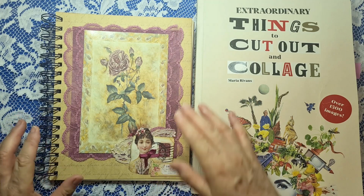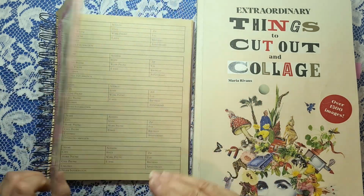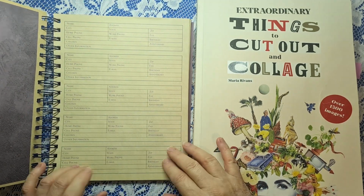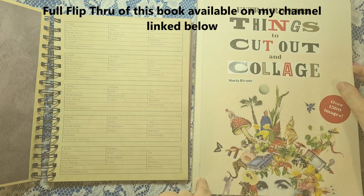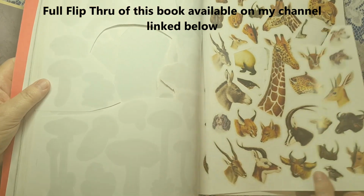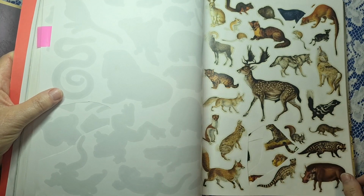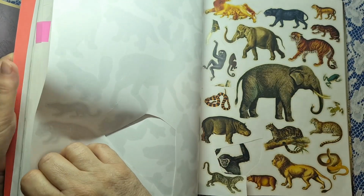This is the book that I made the other day and I'm working in. Well, I didn't make the book, but I changed it into a book that we can use to collage in. So I did the cover, there's a video for that, and just made it so that we can collage on this. And I think I'm going to be getting animals from the zoo from the extraordinary things to cut out in collage. There's quite a lot of zoo animals in here, and I was struggling to find drawn pictures. I prefer drawn to photographic, so when you do animals it's a lot harder to find drawn ones. So there's plenty in here